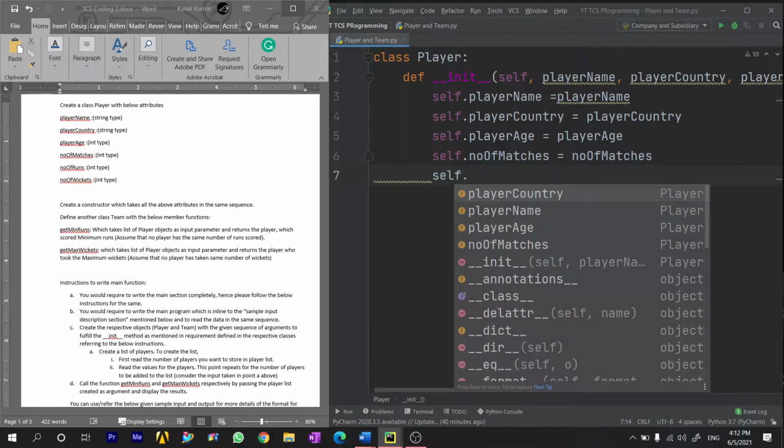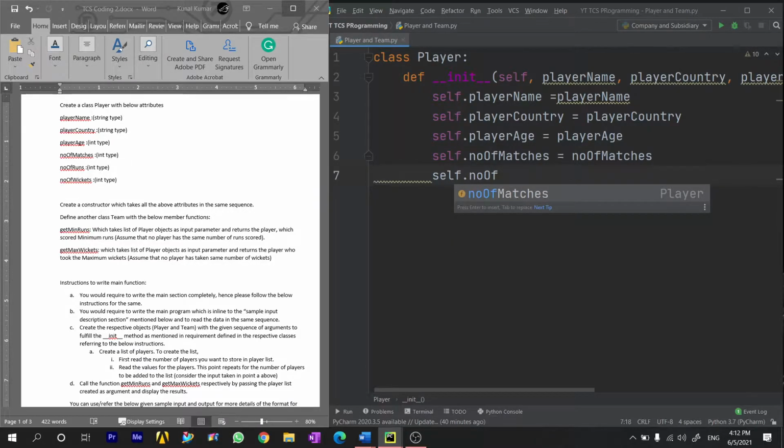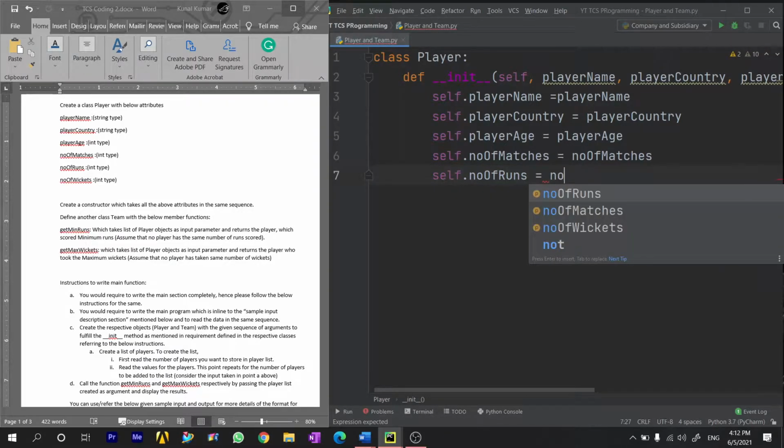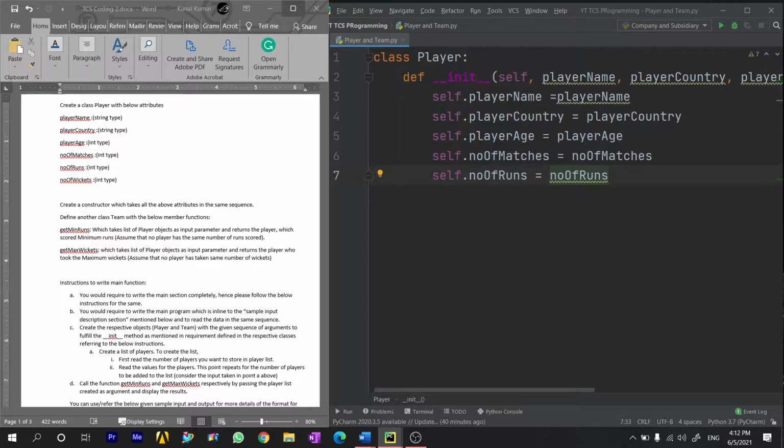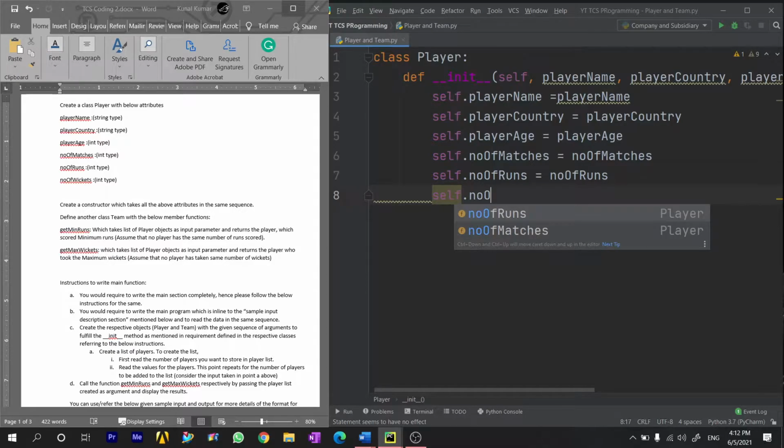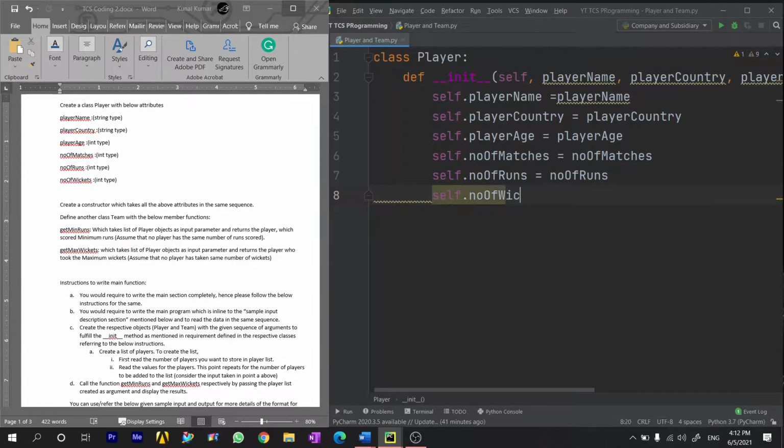Also do keep in mind that during the TCS CPA you won't get this kind of an interpreter which will auto complete things for you, so be prepared. Number of runs, and finally we have number of wickets. So here this constructor is done.